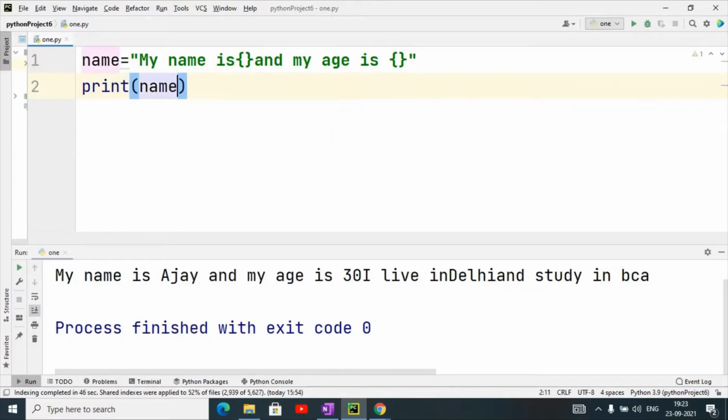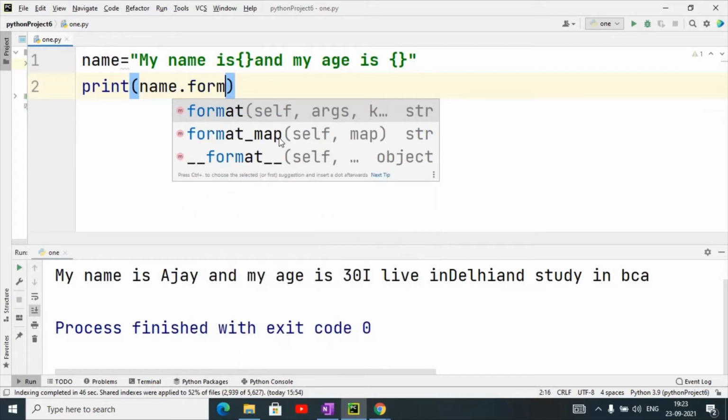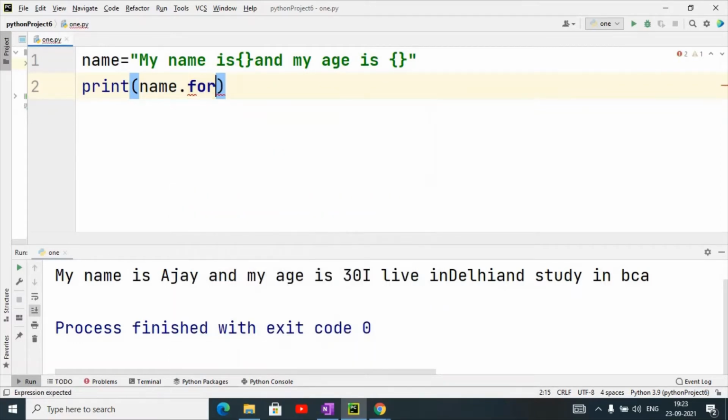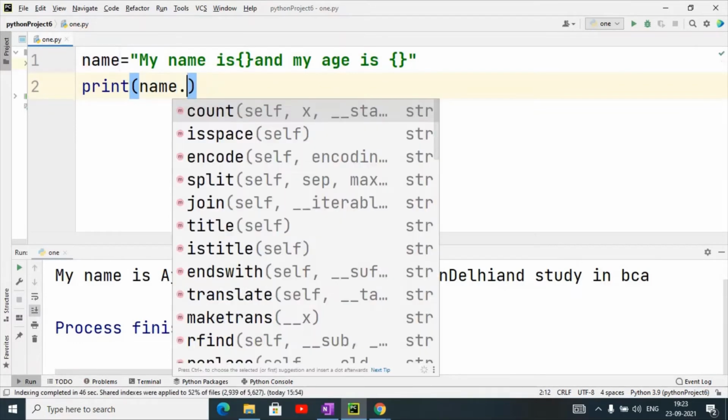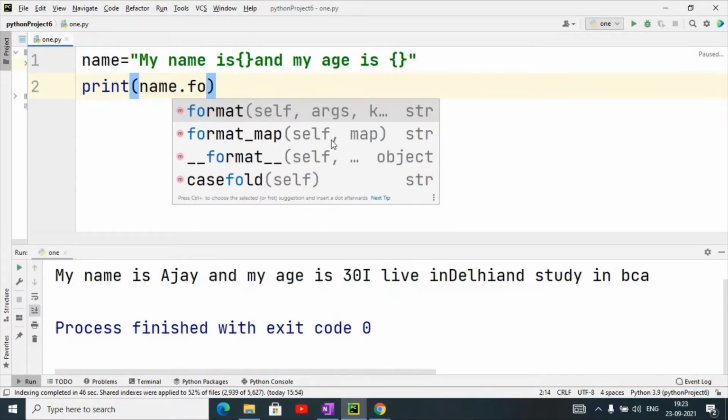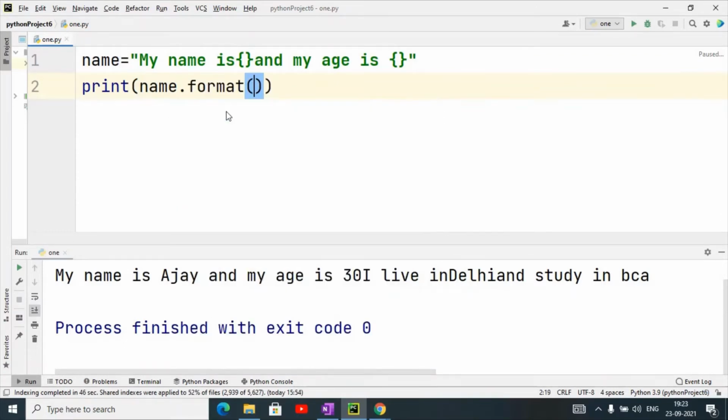Print name dot format. This is a special function; if you type name dot, it will give the format function. Here you will give arguments, because I have used two placeholders, so I will give two arguments. Like name, suppose I have given Ajay, and the second argument, the age, I have given 30.